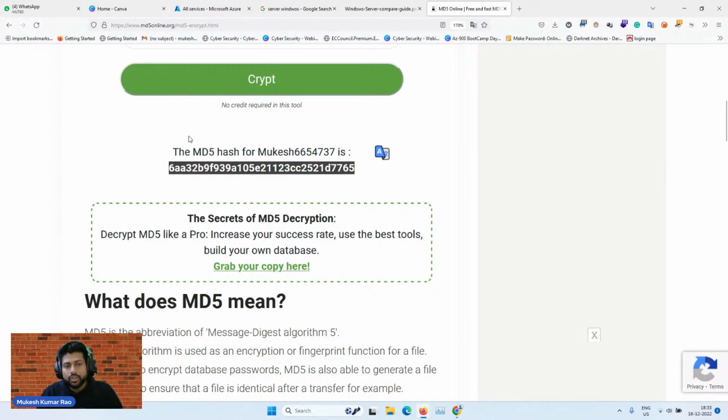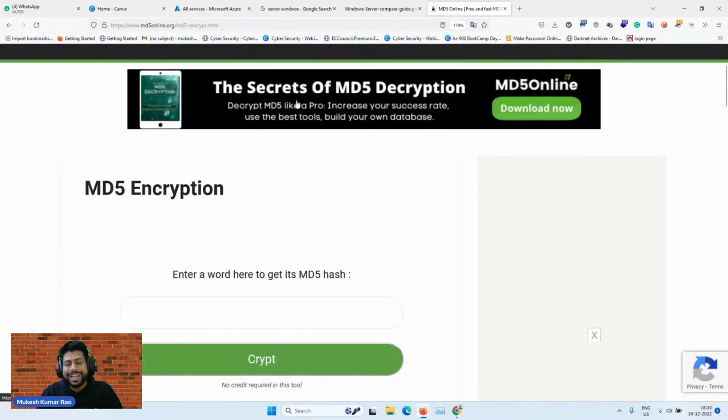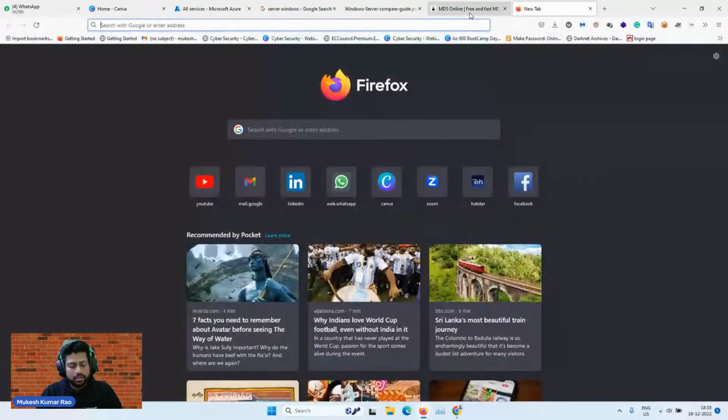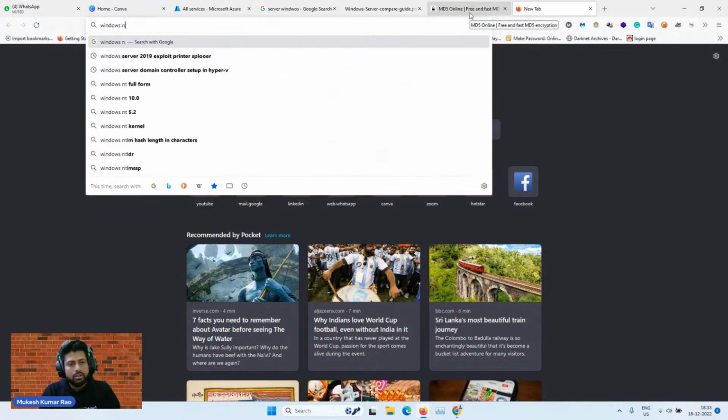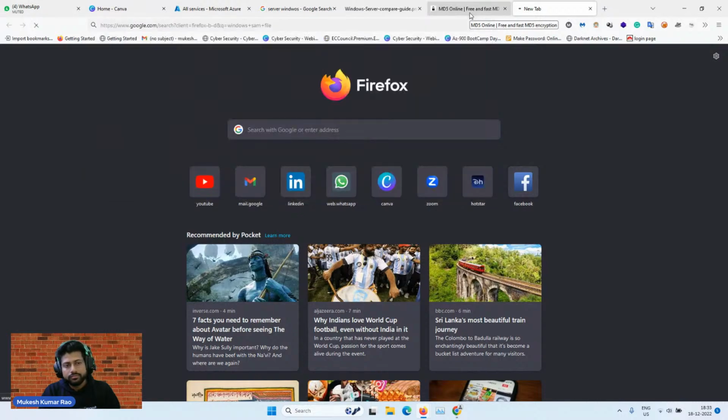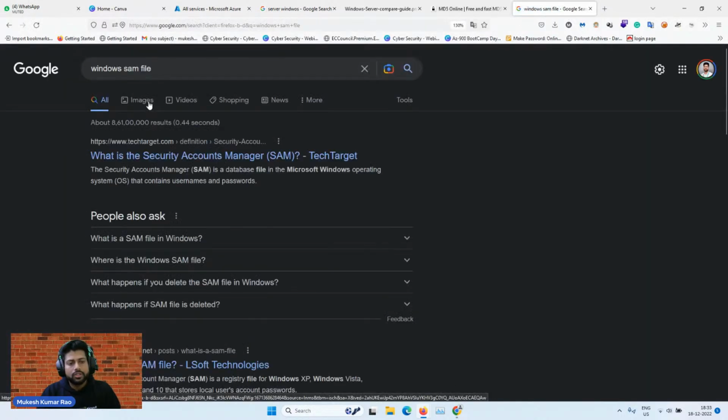Same thing with Windows passwords: they are stored as an NTLM hash in a file. I can showcase the Windows NTLM file. Your password is actually stored in your local C drive, and it looks something like this.